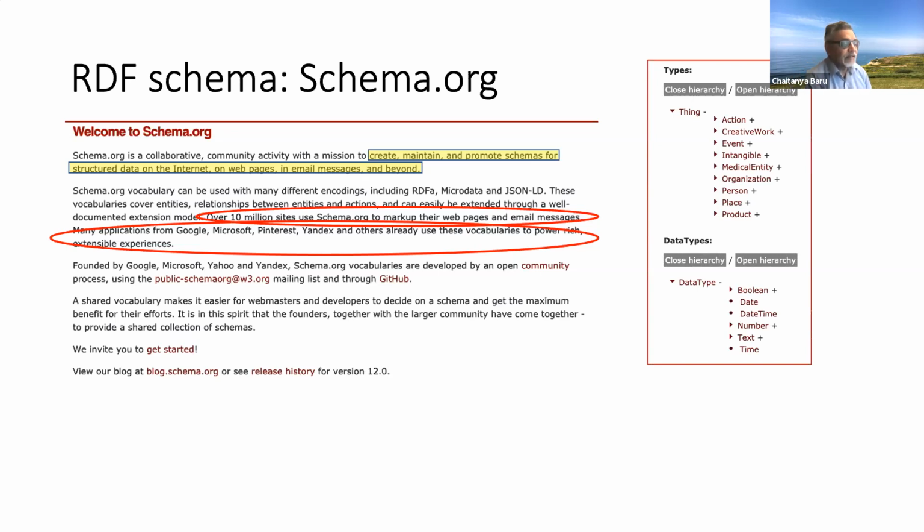Schema.org itself has this very basic schema. Has this very basic schema of basically things, and things are related with action. Things could be creative work, could be event, could be intangible, et cetera, and then there's data types, and there's a type hierarchy, and there are these very basic kinds of types. So it's a very simple basic model to begin with,